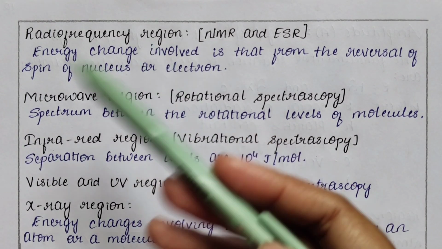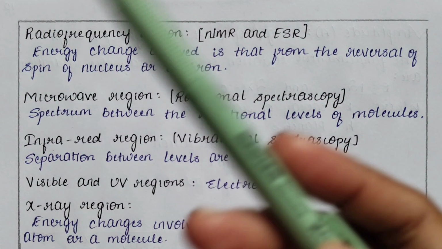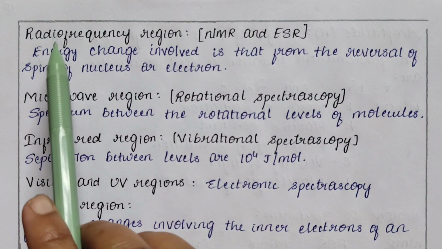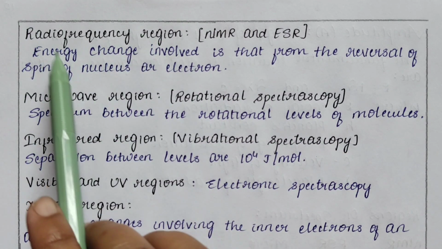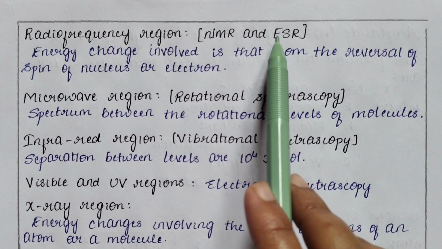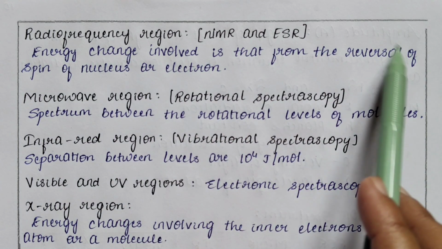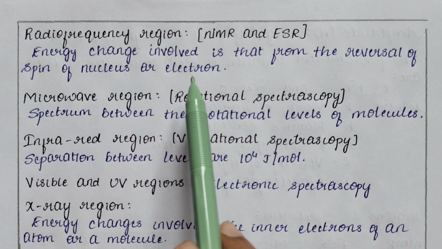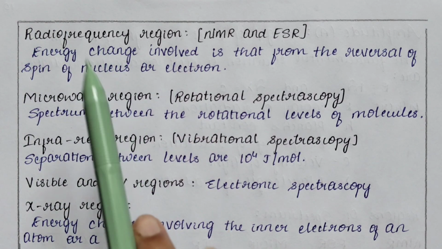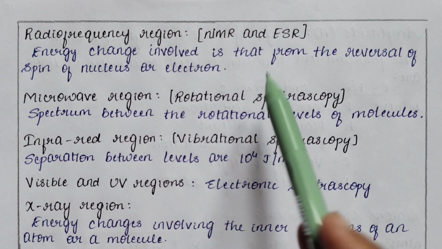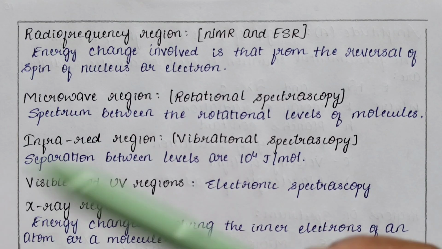Now let us see a brief definition of the different spectrum. The first one is the radio frequency region. The radio frequency is used in NMR and ESR. Here the energy change involved is the reversal of spin of the nucleus or electron. So using radio frequency in NMR and ESR, we will see the reversal of spin of the electron,